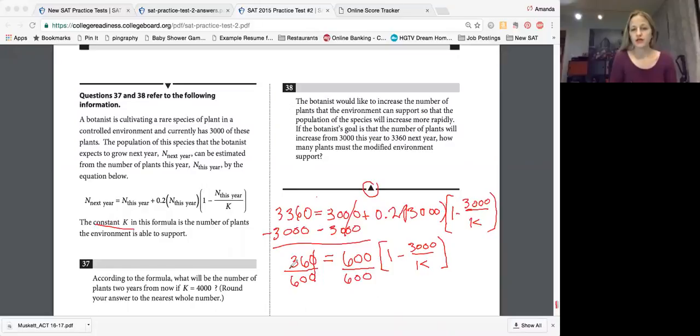Okay, and I could use my calculator, but if I was doing it quickly in my head, I know that 6 goes into 36 6 times, 6 goes into 60 10 times, and 6/10 as a decimal is 0.6. Okay, and now I have 1 minus 3,000 over K, subtract 1. I'm left with negative 0.4 equals negative 3,000 over K. The negatives will cancel, so I have 0.4 equals